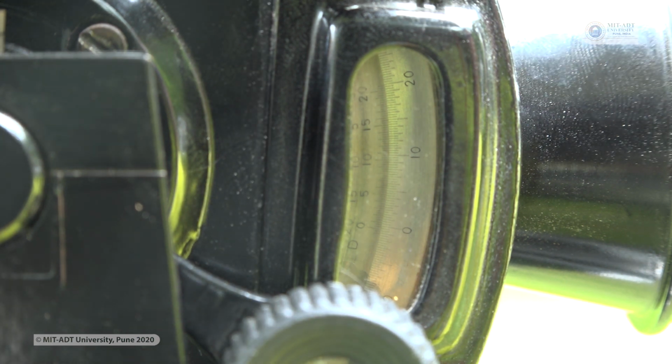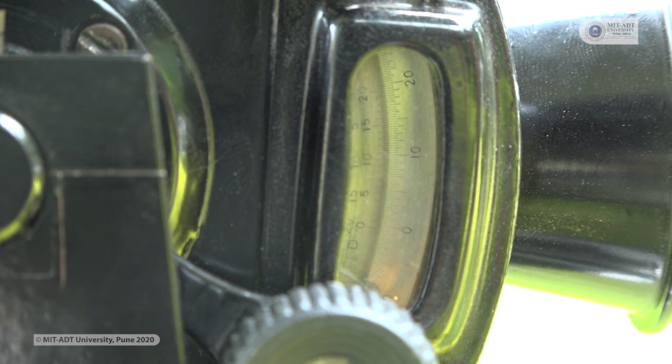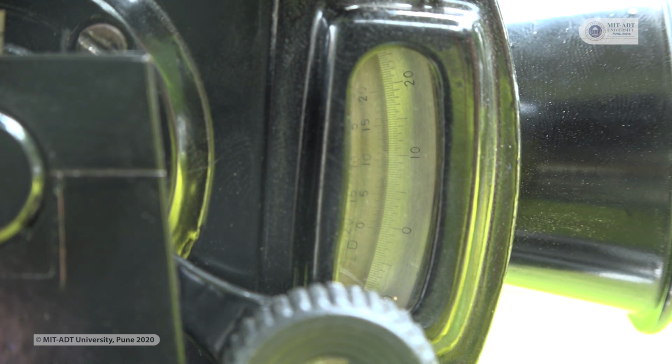So instead of 0 you can see 20, instead of 5 you can see 15, and 10 is similar. And also the readings provided on the main scale vary from 0 to 90 degrees, 0 to 180 degrees. So these are the markings which are provided on the vertical scale. When we are measuring the vertical angle, we will use this vertical scale, and when we measure the horizontal angles, in that case we will use the horizontal